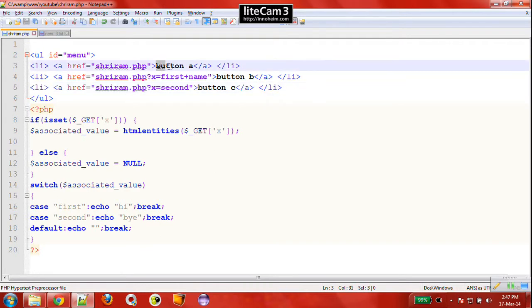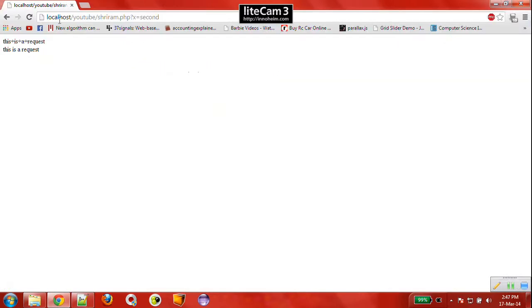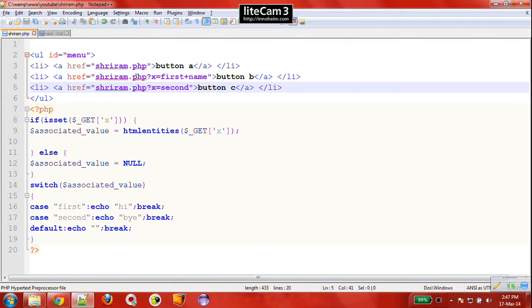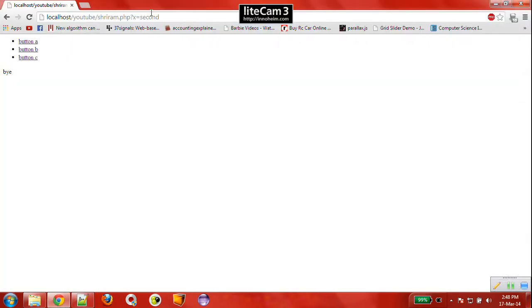There are three buttons: button A, button B, button C. For those who are not familiar with HTML, these are the names of the buttons, like when you refresh, button A, button B and button C. These three are the links attached to the buttons. When you click a button, the request is sent to this link, and this link will appear in your URL.